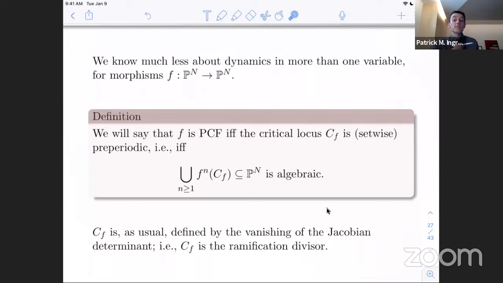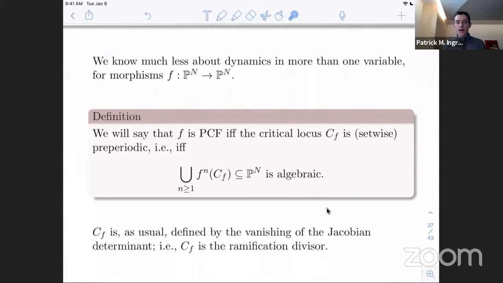So in the moduli space of rational functions, the PCF maps are points. The locus of PCF maps is a countable collection of points plus 0, 1, or 2 curves that come from these lattice examples. So the PCF maps are themselves points. And the question, this dynamical André-Oort question, is: if you want to state it for curves, which curves have infinitely many of these PCF points on them? Or more generally, if you take a collection of infinitely many PCF points and look at the components of its Zariski closure, what kinds of subvarieties of moduli space do you get?